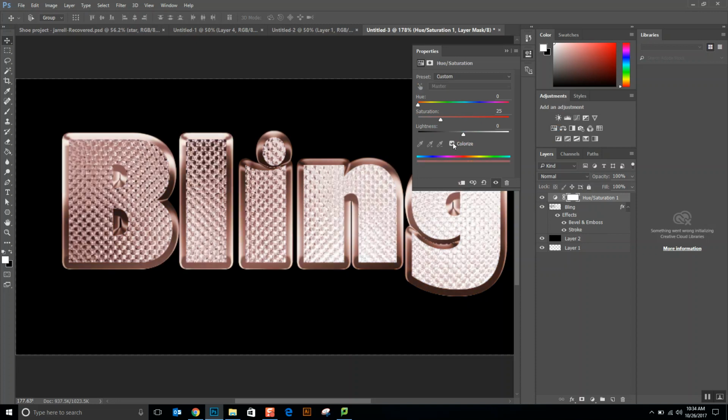And then we're going to click Colorize. And you can see that it colorized the whole thing. And we don't want the whole thing. I'm only trying to do this on the actual border. So what we'll do next is, with this one selected,